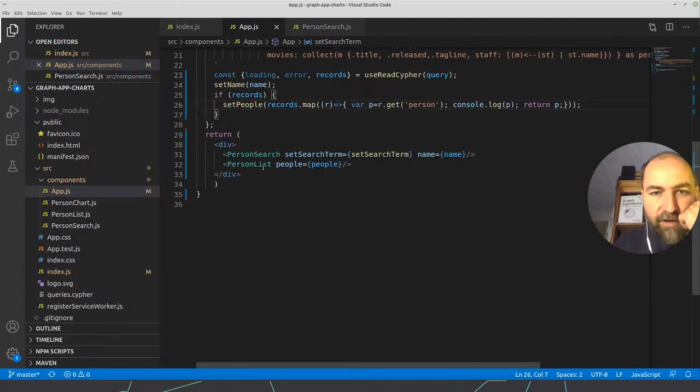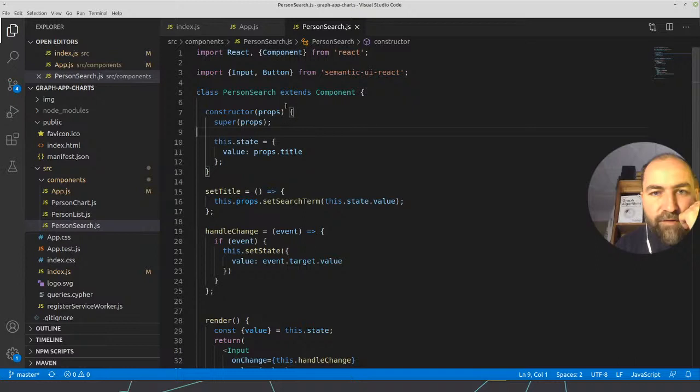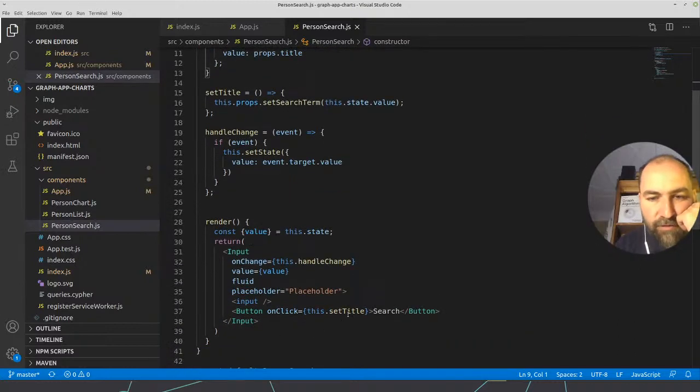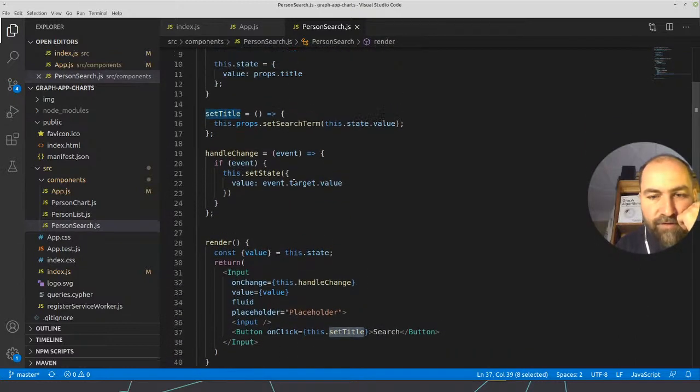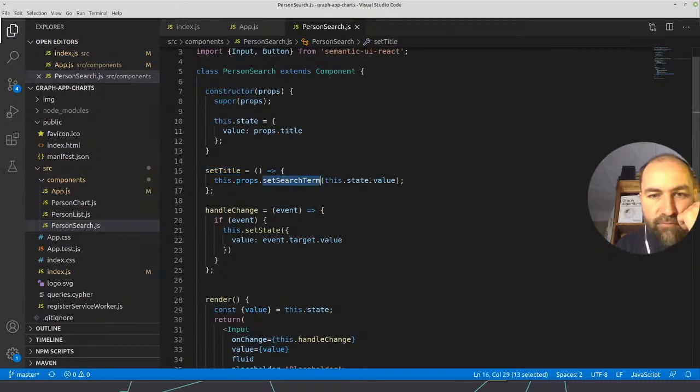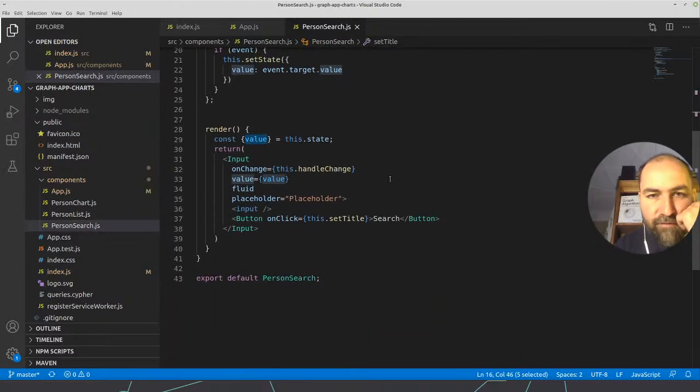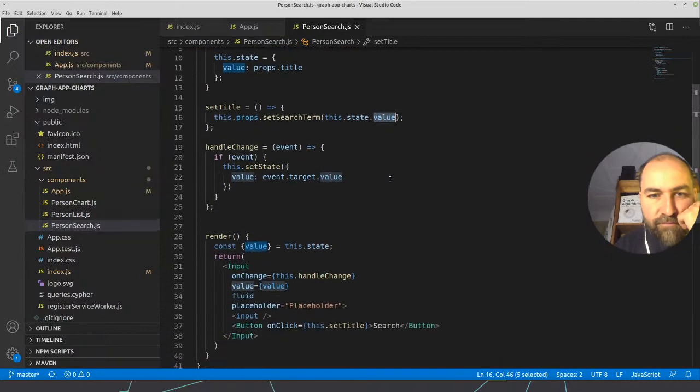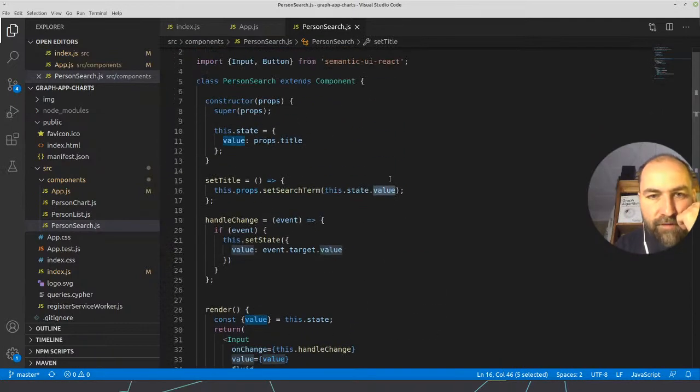So I have my person search, which is this component, and it has a button, and on click it calls set title, and set title calls this prop set search term with this state value. That's probably something that we can also inline, I guess.